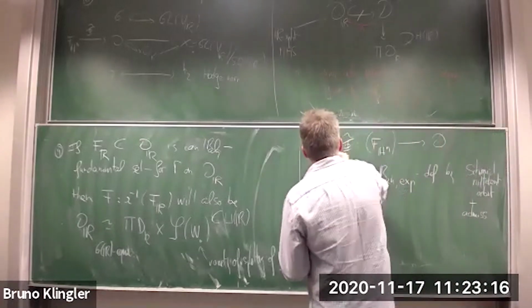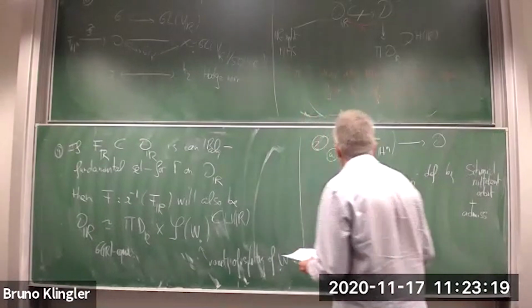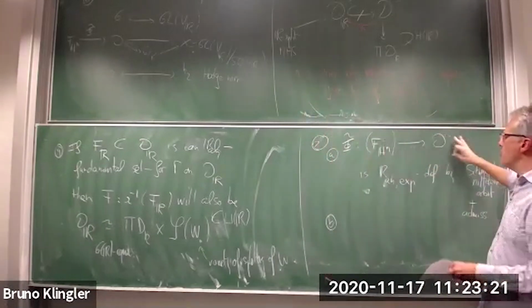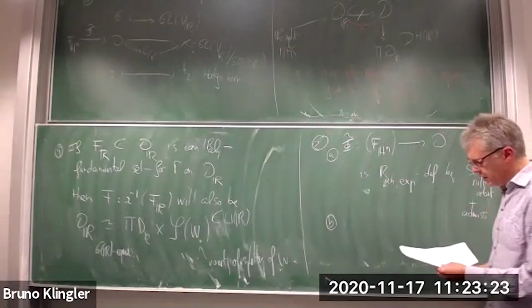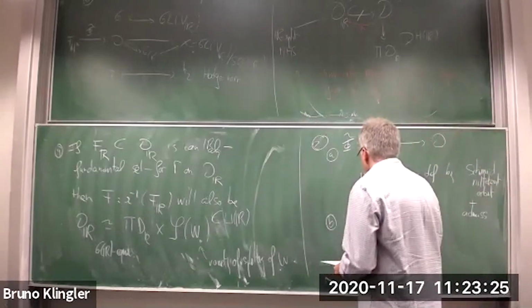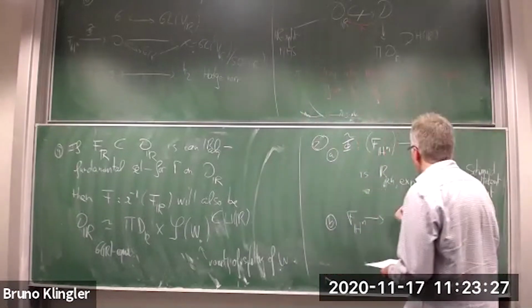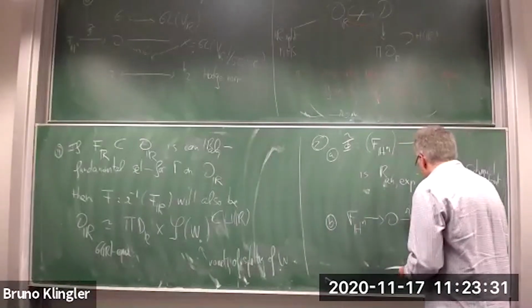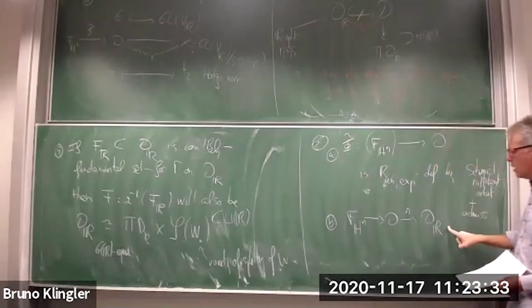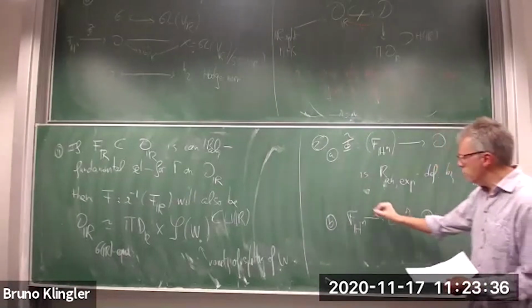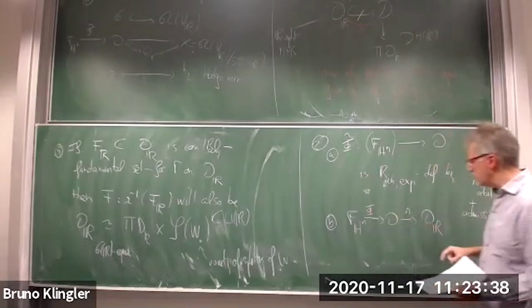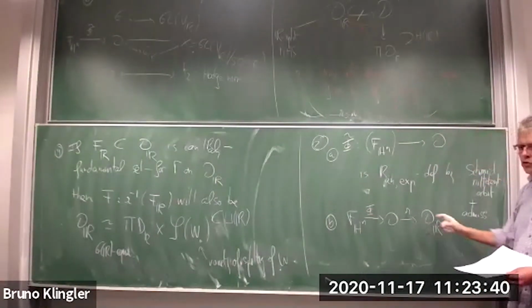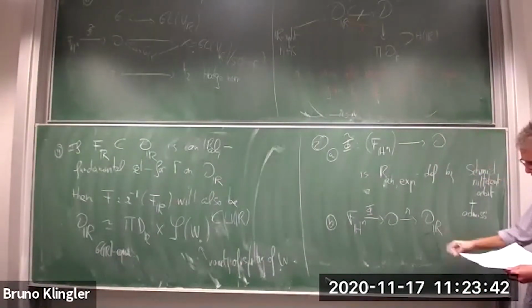So this is A with my previous notation, and for B now, you want to show that the image is containing finitely many Siegel sets. But again, by definition, this means that you are looking at the composite, because my fundamental set here is defined in terms of this retraction and taking a fundamental set here. So you have to prove that once you compose your period map with this retraction, you arrive in a finite union of Siegel sets here.